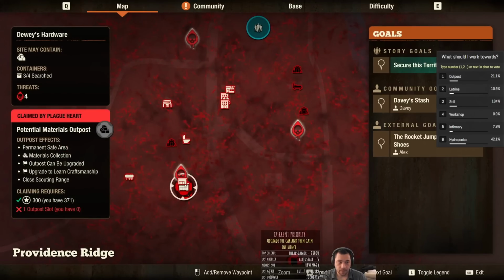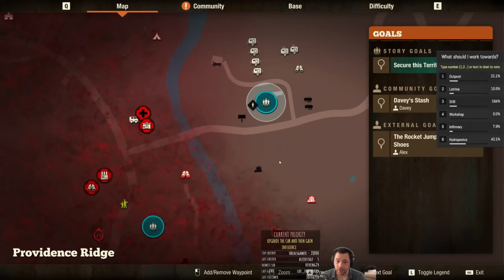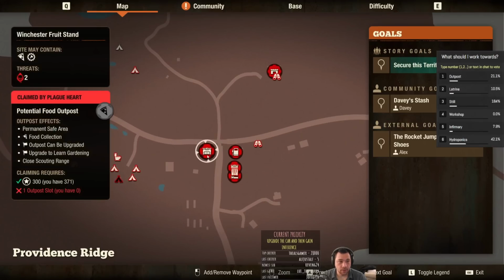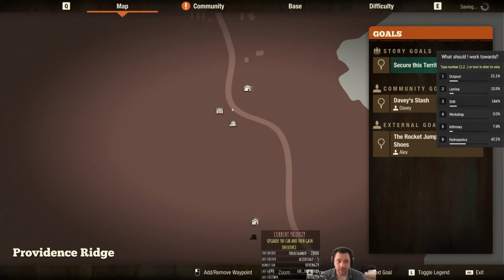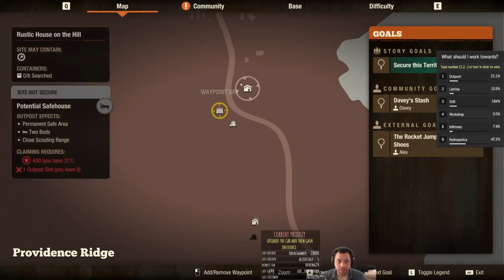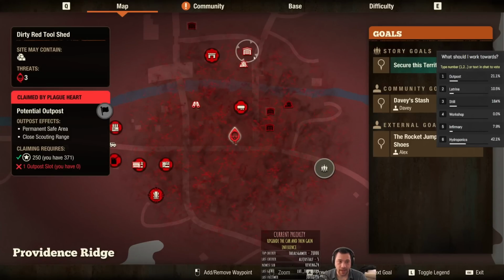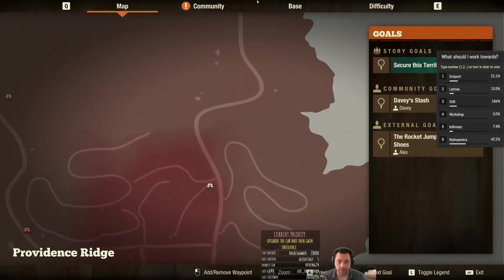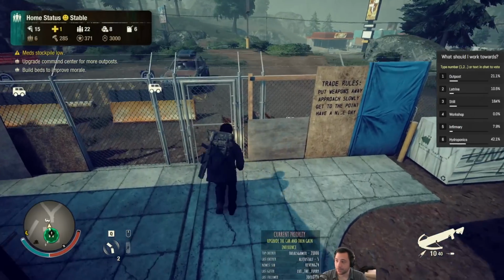So right next to Dewey's Hardware, a laundry place that's just going to have chemicals. I'm not really sure if I know where there might be a source of medicine. So Davy's... Oh, here's some building materials. Davy's quest to go to that drug dealer house might actually be very helpful. So I'm going to head over to this peeling blue shed for building materials, and then down to this dirty red tool shed for building materials as well,